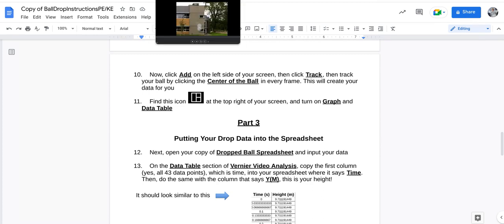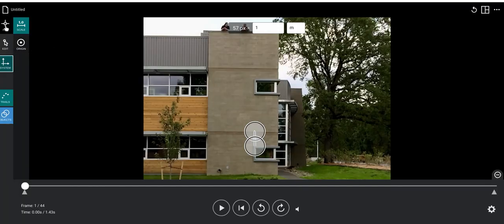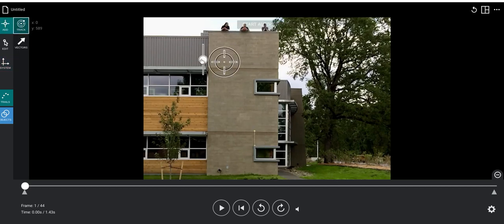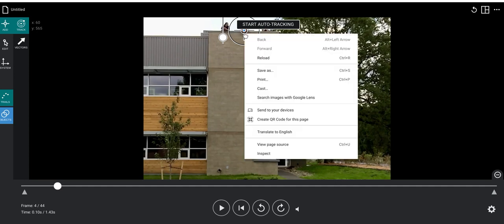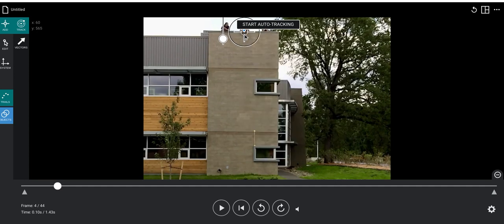So yeah, I'm going to show you how to do that, and you need to click the center of the ball in every single frame to the best of your ability. It can be kind of tedious, and sometimes you feel like you're maybe not clicking it, but that's okay. Overall, your data will be fine. So you want to find that ball, which is about there, click it. It's not really moving yet, so click, and now you can see it moving a little bit, and now you need to drag this, click it about there. It's not moving too much yet. I think it's just his hands moving, honestly, but you need to click and drag that crosshair, and now you can see that ball coming down just a little bit,